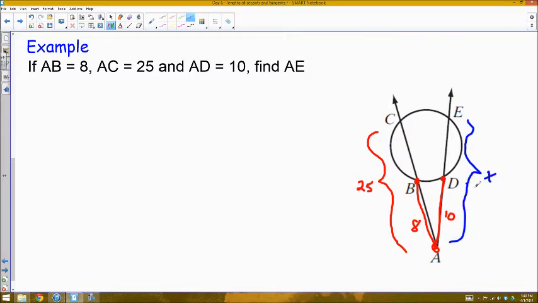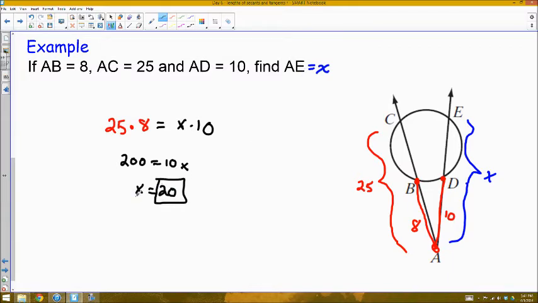So I'll call that X. So I'm letting AE be X. Well, just like before, the length of my first secant, the red segment, 25 times its external bit, which is 8, will be equal to the product of my other secant line, x, and its external bit, 10. So I end up with 200 equals 10x, which when I divide by 10 gives me x is 20. So segment AE